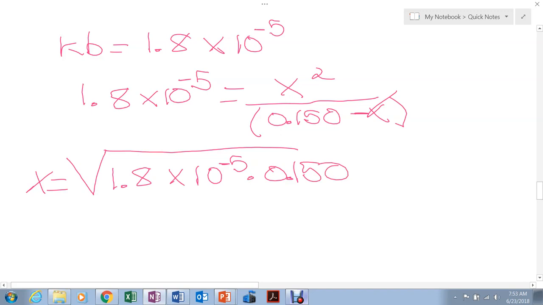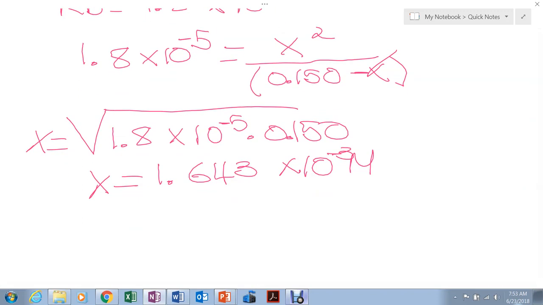If you multiply this and get the square root, X would be 1.643 times 10 to the negative 3 molar. And Connect doesn't have it with an exponent, so you have to write the concentration of OH